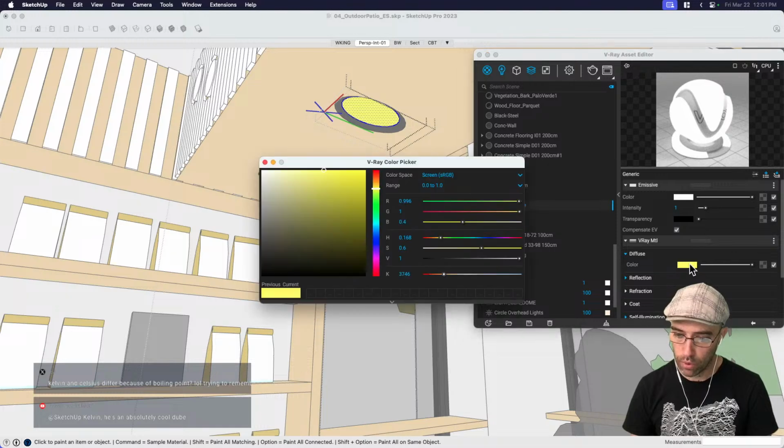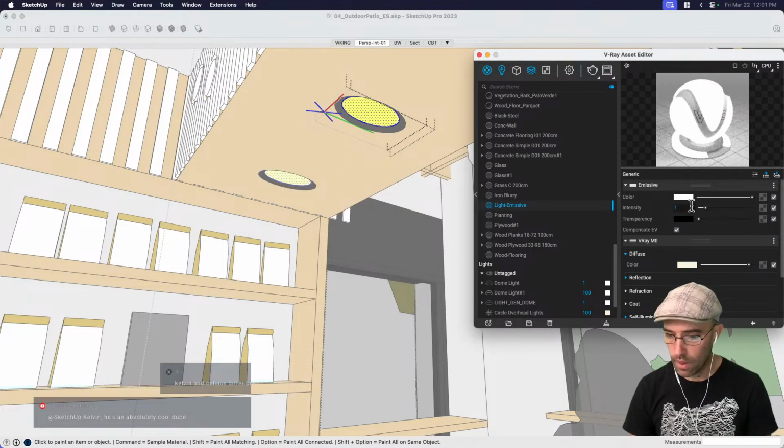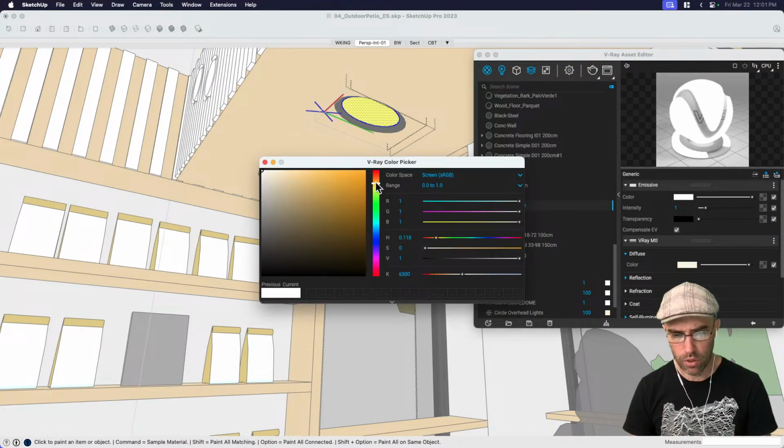So in this case, you don't really need to worry about what that base color is anymore because it's really actually about the emission. So if you want that warmer Kelvin glow,